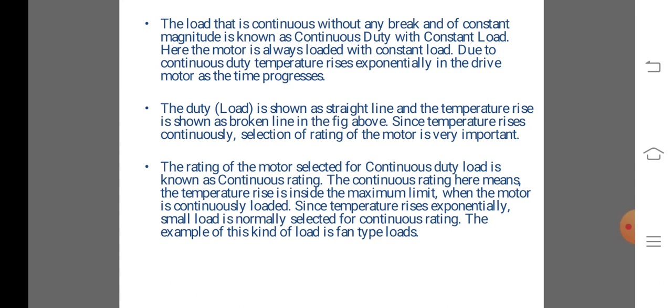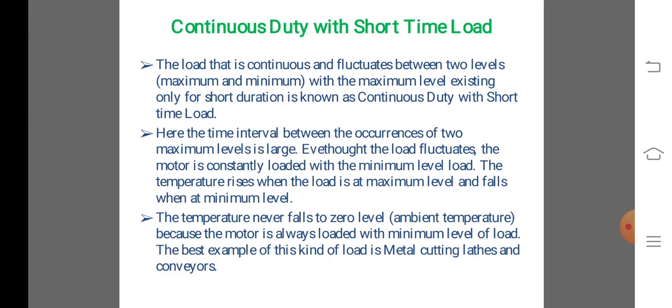The load continuing without any break and of constant magnitude is known as continuous duty with constant load. The rating of the motor selected for continuous duty load is known as continuous rating. Examples: fan, paper mills, conveyors, centrifugal pumps, compressors. Next, we will see continuous